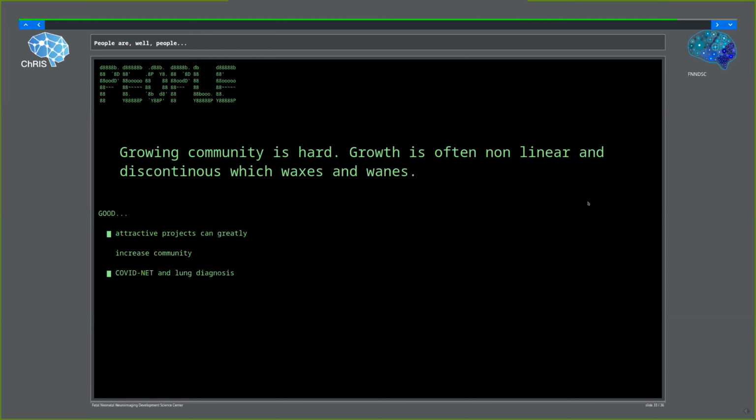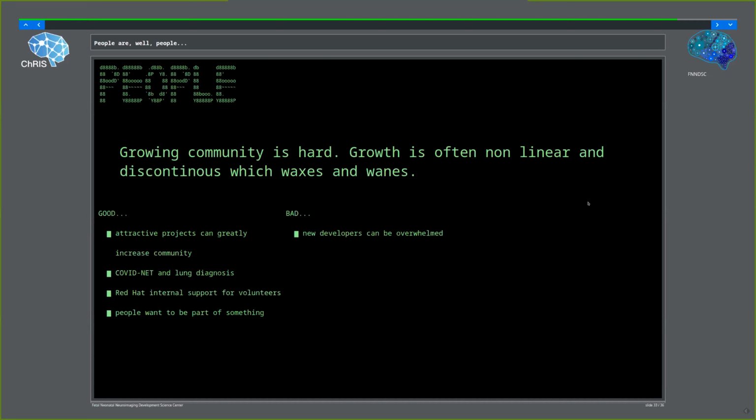In our case, we've recently been working on a COVID-net plugin, which analyzes lung CT images with a neural network to make a prediction of COVID infection. And we found this very attractive. In fact, Red Hat has provided internal encouragement for their own developers to support open source projects like this. So we've had a huge influx of Red Hat folks wanting to help out,